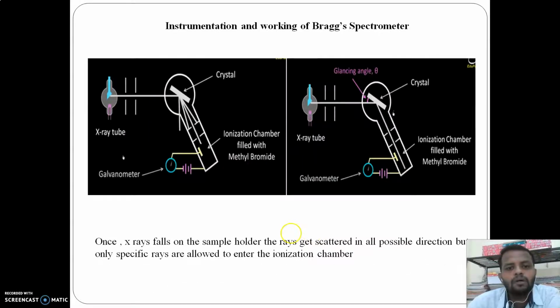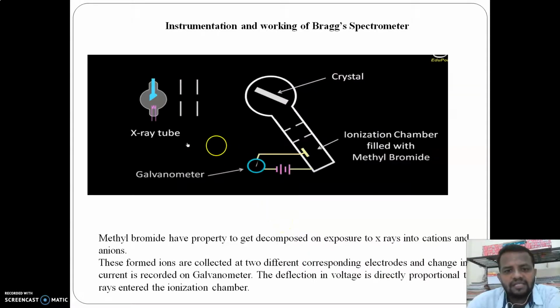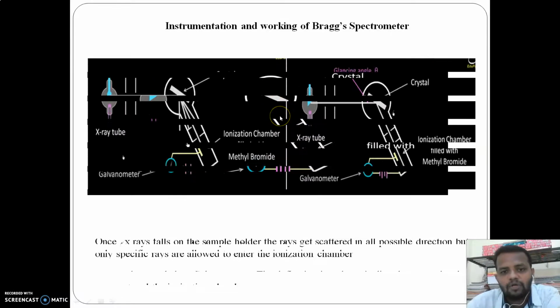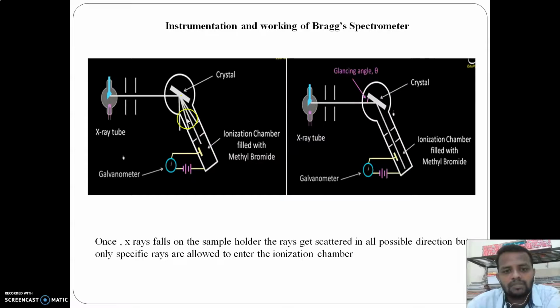In the earlier case, what we can postulate is that the X-ray will be emitted, will enter the entrance slit, and will be bombarded onto the crystal and give away scattering. It is not possible that it will scatter in a single direction. There is a high possibility that it will scatter in all possible directions. But discrete signals will not lead to any kind of coherent data.